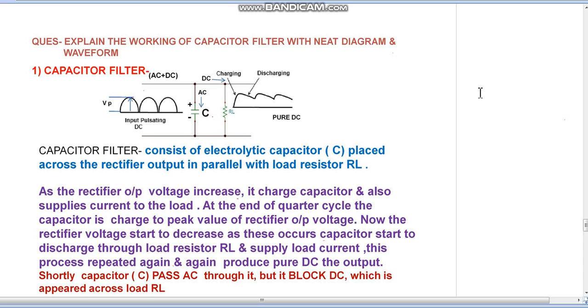Here, that is the first type of the filter circuit, that is a capacitor filter circuit. In examination there is a question, explain the working of capacitor filter with a neat diagram and waveforms. So that is the question, how the capacitor filter circuit is working. Now in diagram, here